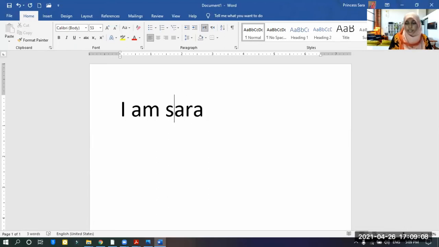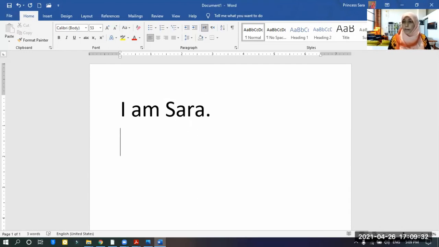Now this S is in simple, right? Can you remember? I taught you about the keyboard, how to make capital letters, how to make the letters in simple. So if you want to type the letter S in capital, what you should do? You should press Shift and S. The capital letter will be written, right?